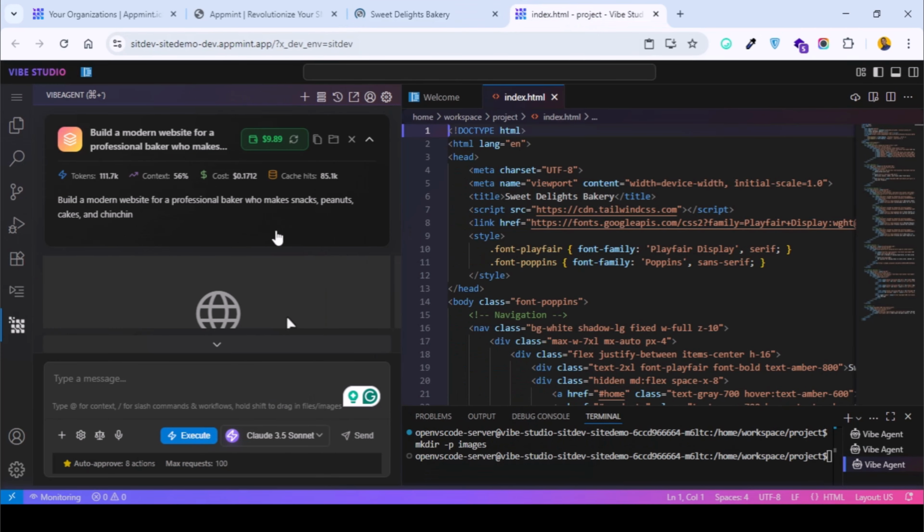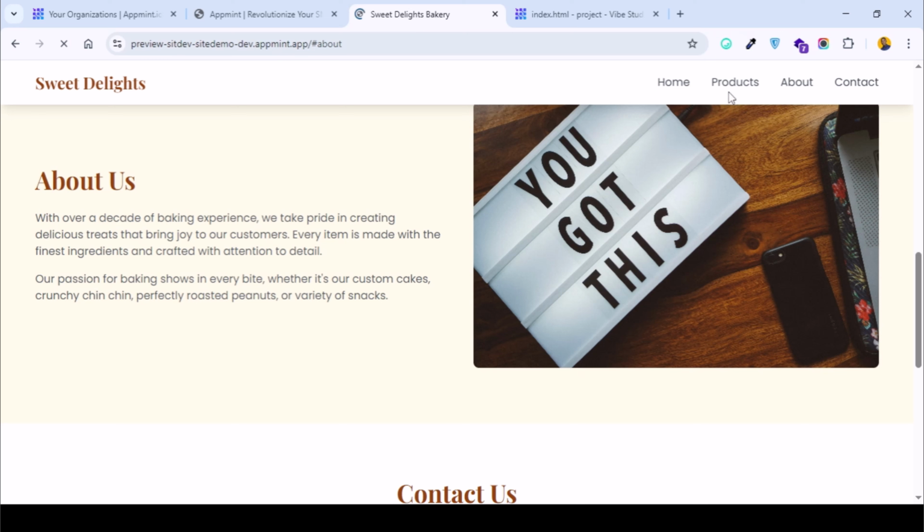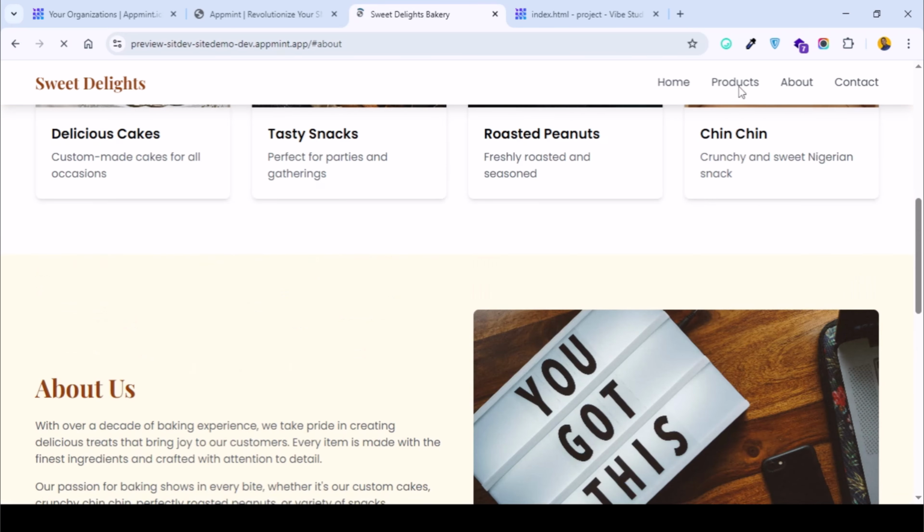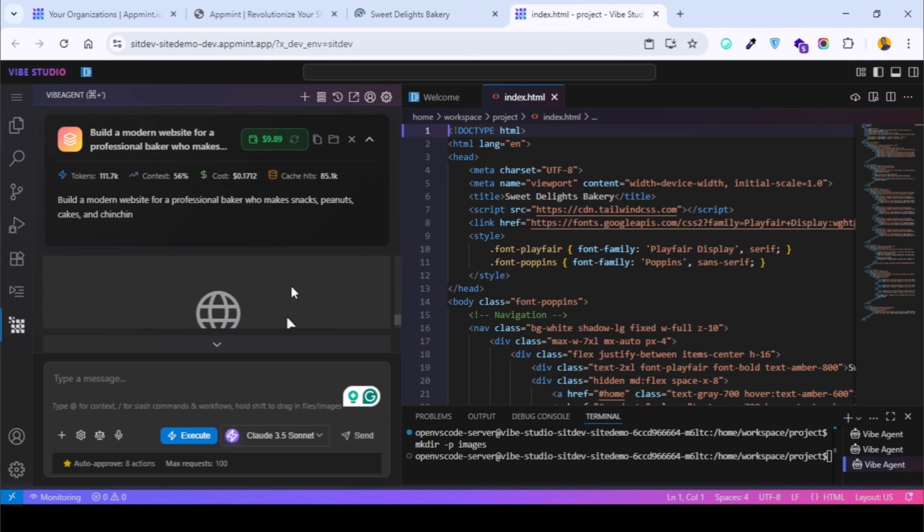So the next part I'm just going to do is to tell the AI that instead of having my products displayed only on the home page, I want the AI to create a new page for the products, and then I'll move all of my products there, so that anytime a user clicks on the product, it's going to take them to a page where it's going to talk about each of the products as well. So I'm going to go back to the AI, and then